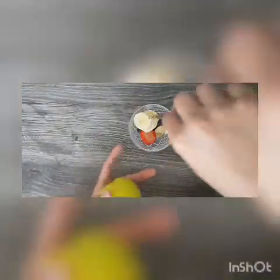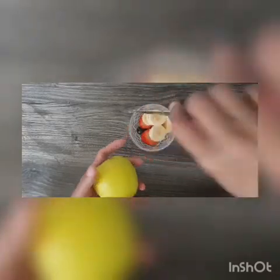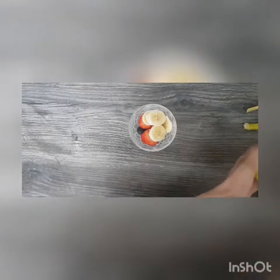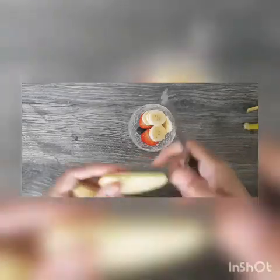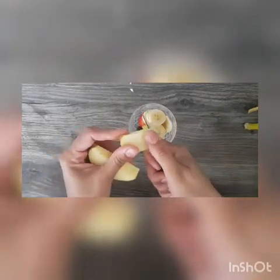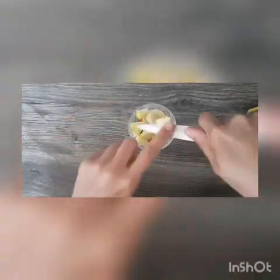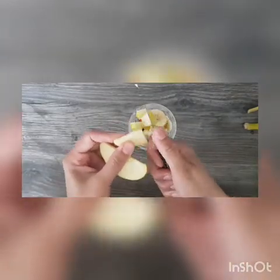Because I've already got some sweet fruits in here, I'm going to get some green apples to give it a bit of sour. Right. So you can finely chop them, or you can cut them into thick pieces, entirely up to you. And again, if you want to eat the fruits as a whole, you can eat them as a whole, but this just gives you an idea to eat everything